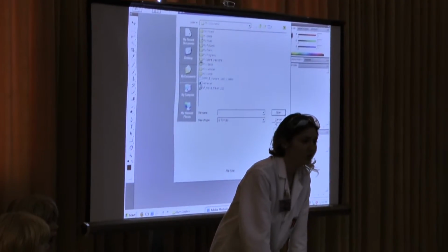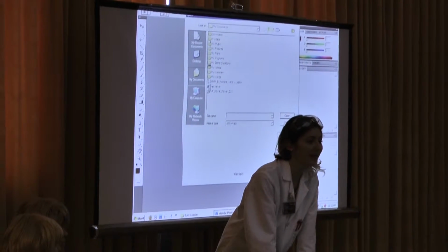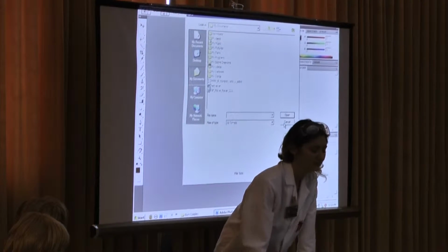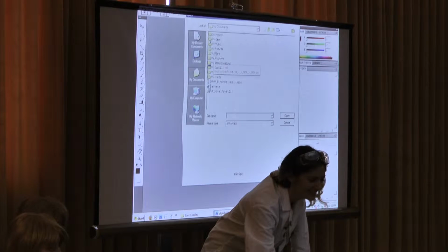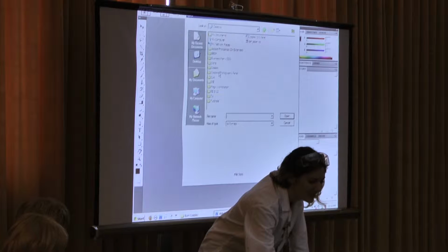If you don't have Photoshop, I'm not going to say go to piratebay.org and download it, okay? We are not recommending piracy. Before they finish selling it anyway. Yeah, I mean, before they don't finish it. Okay, so